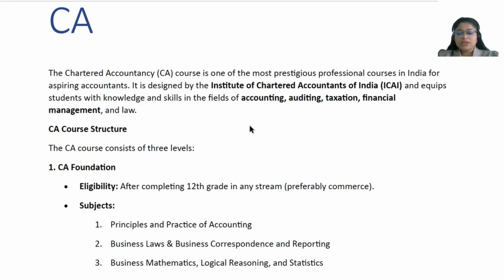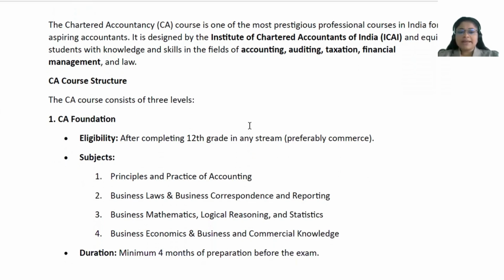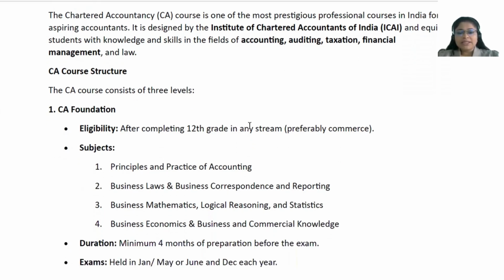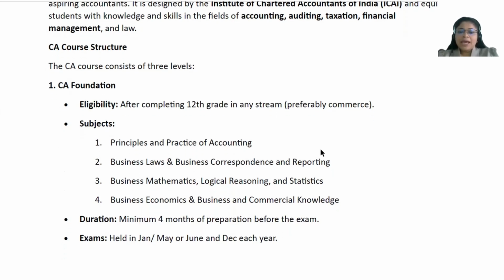CA Foundation eligibility criteria is that you should have cleared 12th grade or a PUC second year, preferably in the commerce sector. CA Foundation has four subjects: principles and practice of accounting, business law and business correspondence and reporting, business mathematics, logical reasoning, statistics, and business economics and business commercial knowledge. The duration for CA Foundation is 4 months before appearing for examination. And these exams are held 3 times in a year, that is in the months of January, May, and December